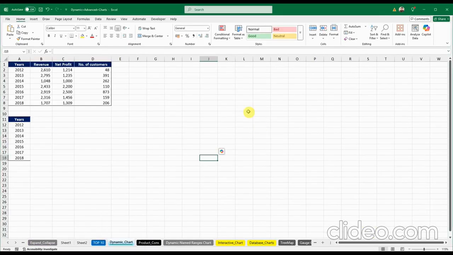Now, the interesting part is about to start. We are moving towards the advanced charts, and I need your concentration. So, let's begin now. In this current example, we will be creating one dynamic chart, and for creating a dynamic chart, you might have seen some Excel users use the